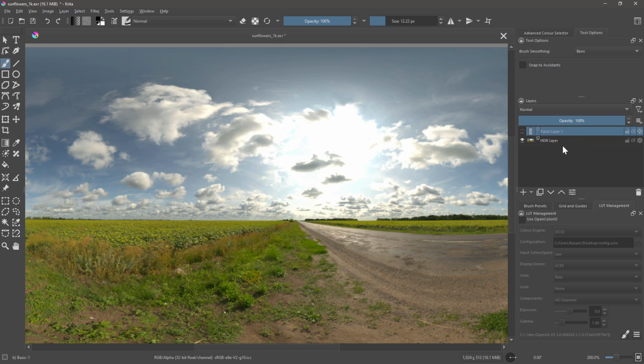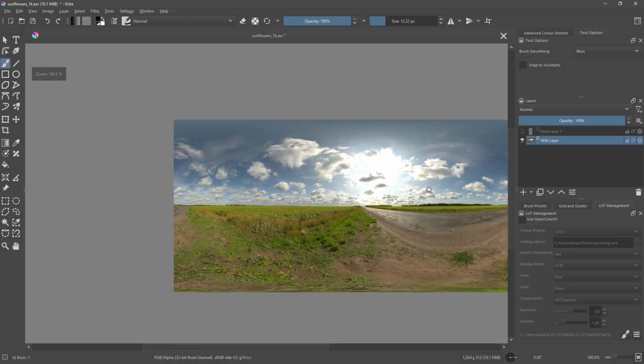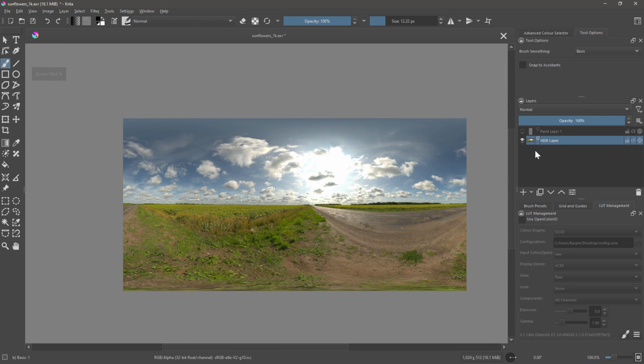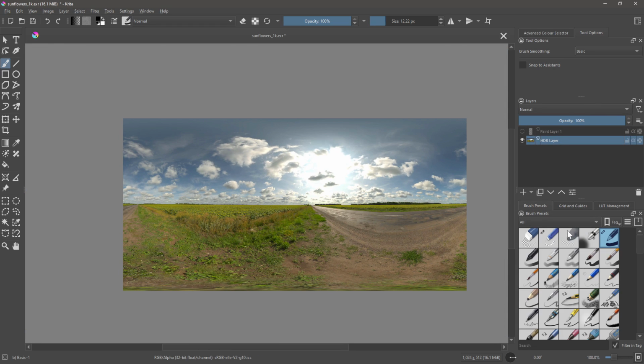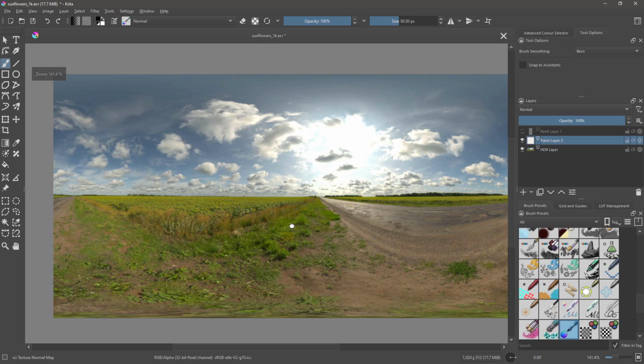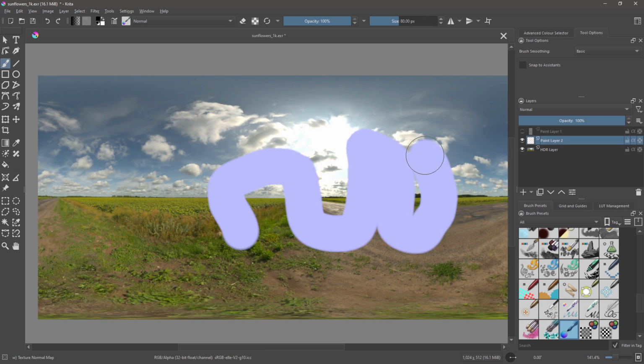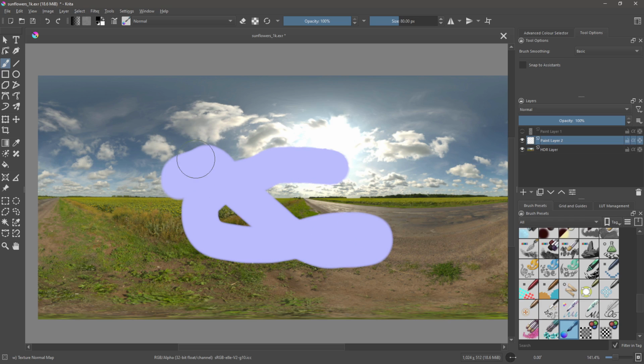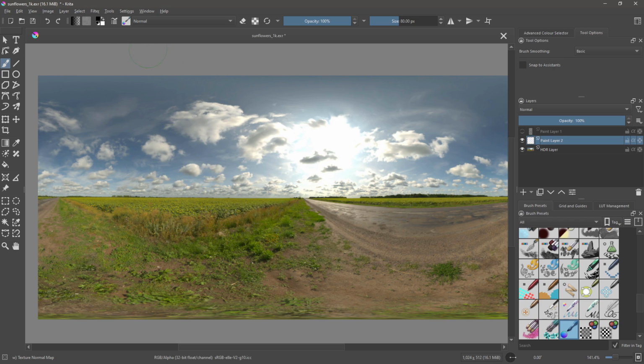So okay, we'll need a brush to paint flows with. So what kind of brush do we need for that? We need a normal map brush, which I probably can't find right now. There it was. Here it is. So we'll make another new layer. And let's just try and paint. And what you'll see here is that what we're basically painting now is neutral normal direction. And that's because the